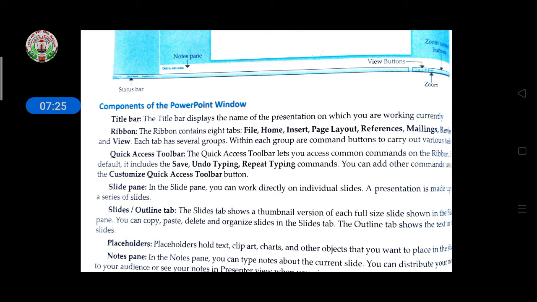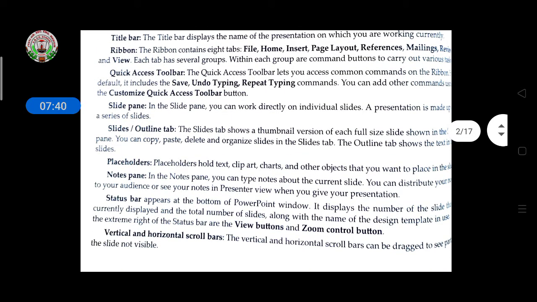Quick access toolbar. The quick access toolbar lets you access common commands on the ribbon. By default it includes the save, undo typing, and repeat typing commands. You can add other commands to customize the quick access toolbar. So if you want to change the quick access toolbar, whichever button you are using again and again, you have to select it